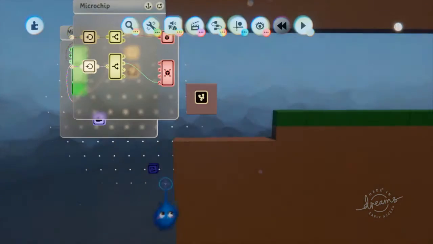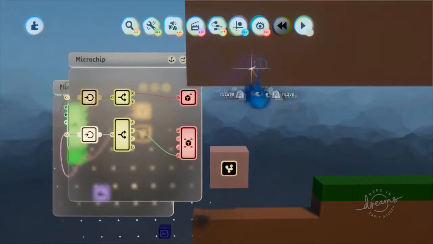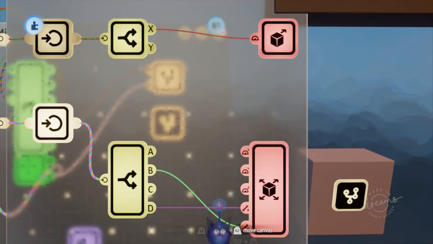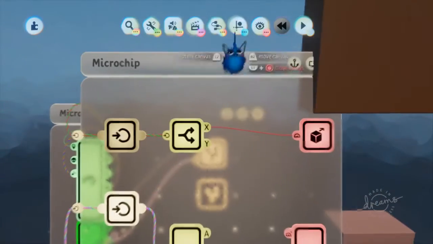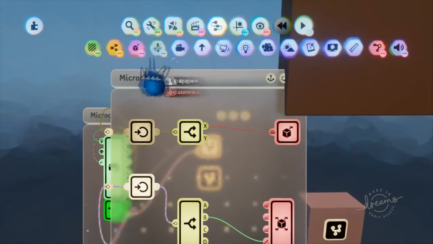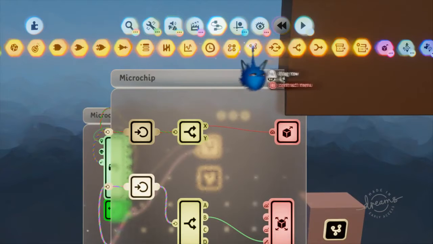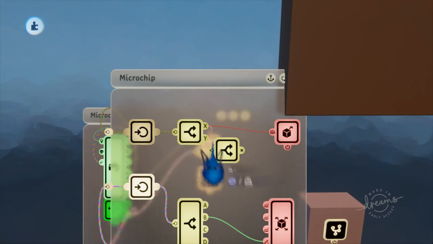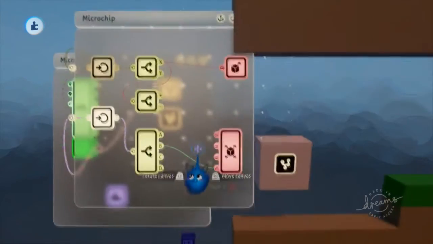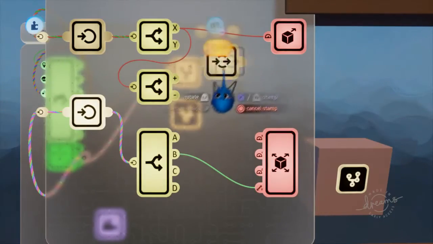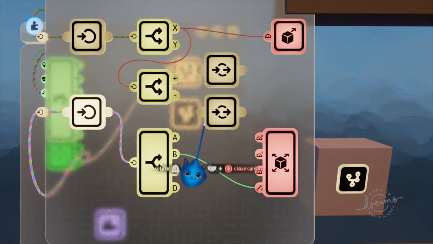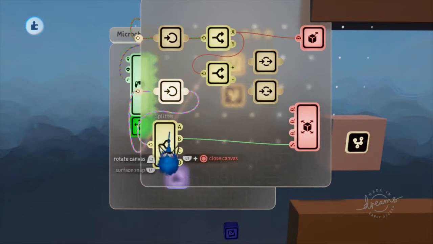Let's get the left and right bumping set up. What we're going to do is we are going to split the left and right of the left stick, and we are going to get two nodes, and we're going to change them into no ports, so they're just pass-throughs. And we want two NOT gates,